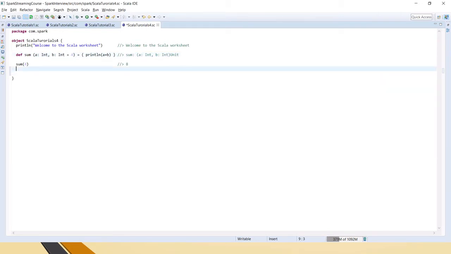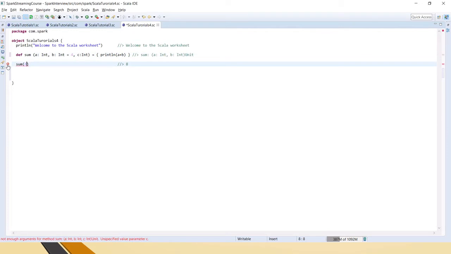Otherwise the compiler will get confused, because if it is in the last position, it can substitute the value from the default variable. If it is in the middle, it cannot understand for which value it should take the default. For example, if you have a C here like this, see, now it has given an error because two mandatory variables are there.